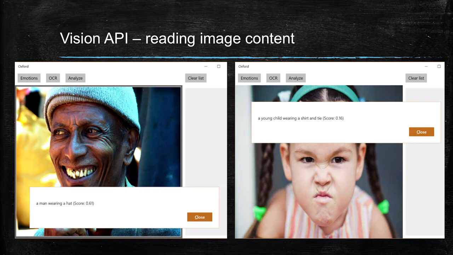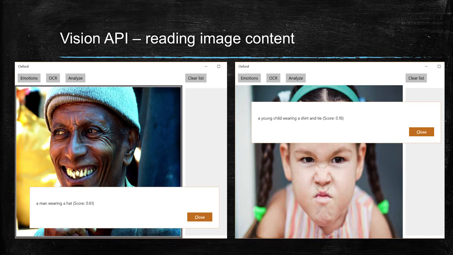And also in the Microsoft Cognitive Services, you have additional clients, additional algorithms implemented. For example, in the Vision API, you have the algorithms which can process the image content. When you send an image like that to this artificial intelligence system, it takes the image as an input and describes what the content in the image is.